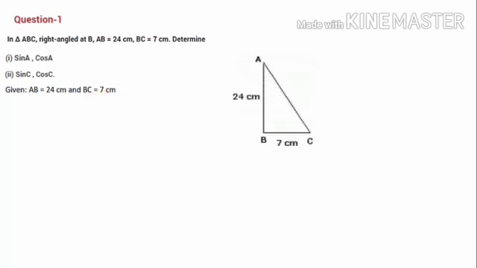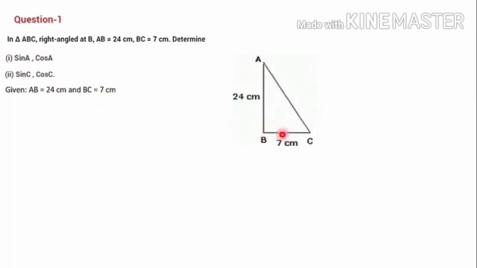And in this question, if you check the first part, we have to calculate sin A and cos A. In sin A, A is the mentioned angle, and in cos A also A is the mentioned angle. And in the second question, sin C and cos C we have to calculate. Here the angles are C. In the first part also C, and in the second part also C. So let's write the given conditions, that is AB is equal to 24 centimeter and BC is equal to 7 centimeter. Let's visualize by using a right triangle ABC.